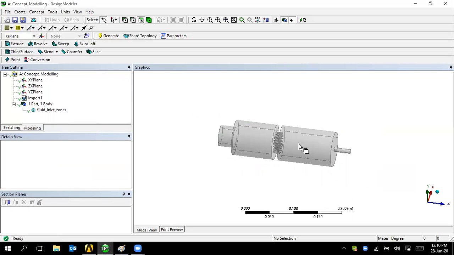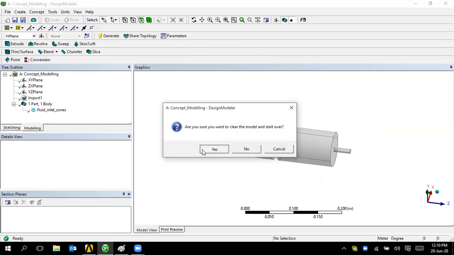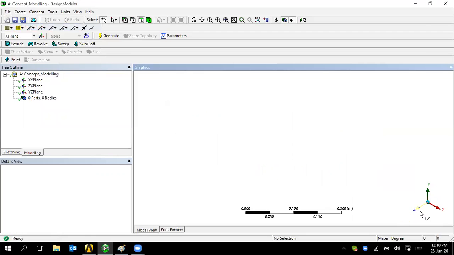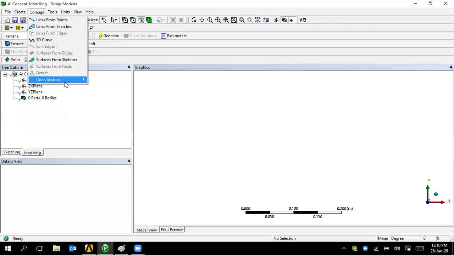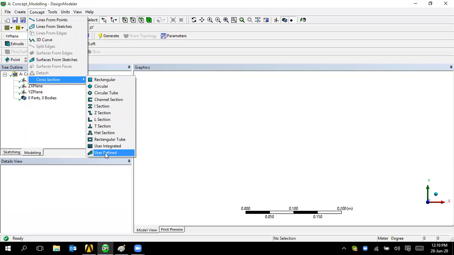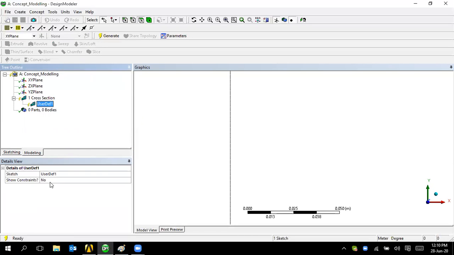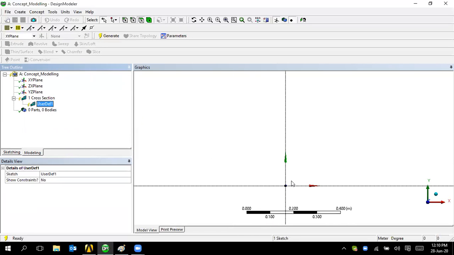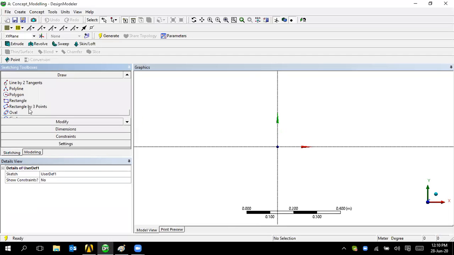Now the last segment is about cross section patchment. As you know very well how to patch the cross section, but you don't know how to patch the user defined cross section. So go to the concept. So cross section, first of all, create the user defined cross section. We can create that first with the help of sketching.